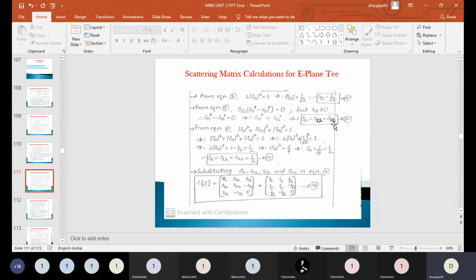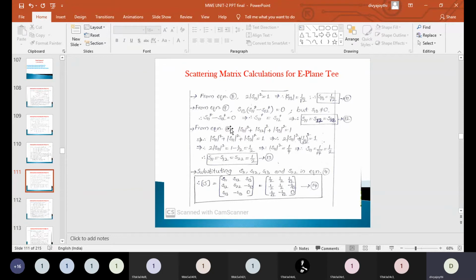See, all these are from the properties only. If you are thorough with the properties, then the derivation of the S matrix will become very, very easy for you. And properties are also not too tough. They are also very easy. You need to remember how the output will be. Is it going to be the same, or is it going to have a phase shift of 180 degrees? That's it. If you remember that point, then you can easily derive the properties, and then this analysis part will become easy. Whatever we followed for the H plane, the same is followed for the E plane also.